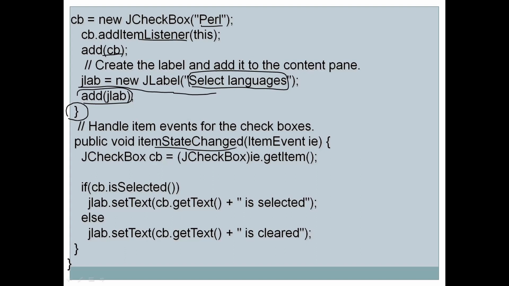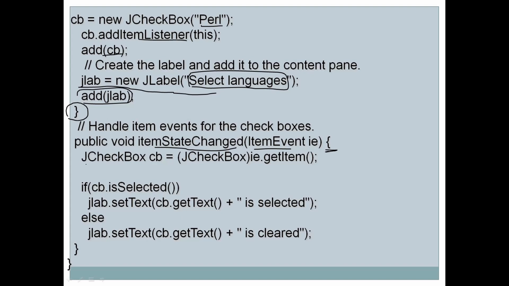Whenever the user clicks on the checkbox, this is the method which is called, and this method is present in the ItemListener interface, and our class is inheriting the ItemListener interface, remember. So, our class should compulsorily provide a definition of the itemStateChanged event. So, we have used this method itemStateChanged, which takes ItemEvent as an argument, and inside this method